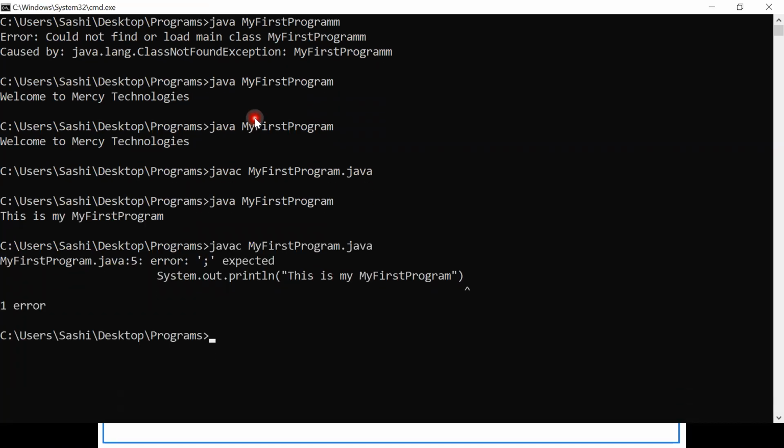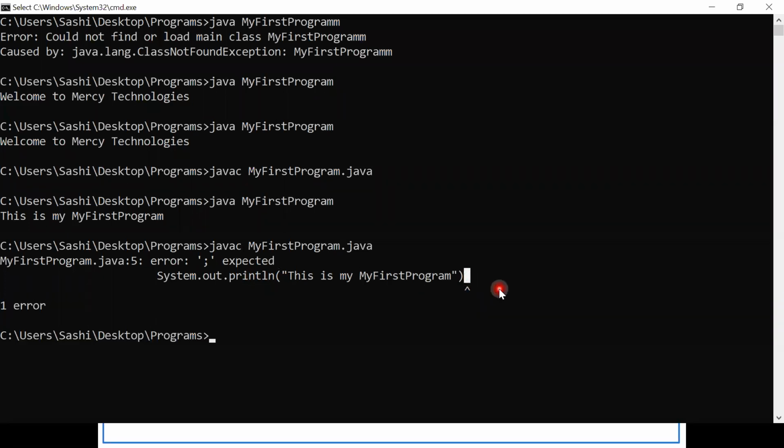You are getting compile time error. Listen very carefully. It says very clearly in my first program.java, line number 5, semicolon expected, right? And also it says where it is expected, end of the statement.